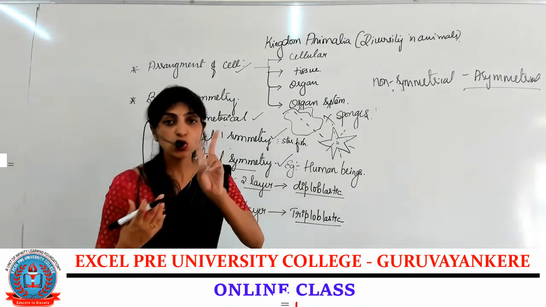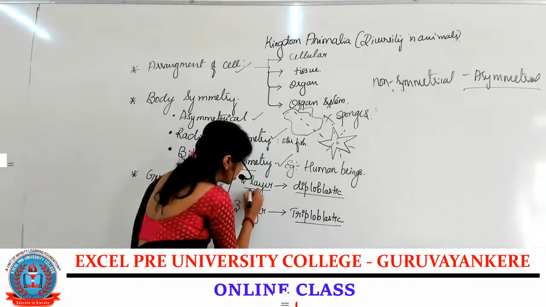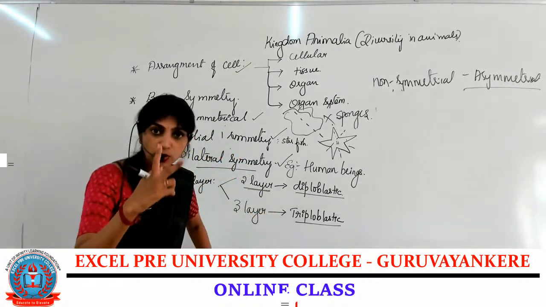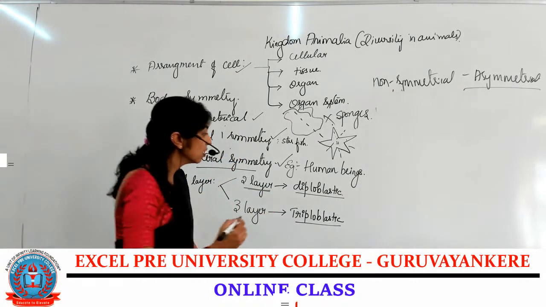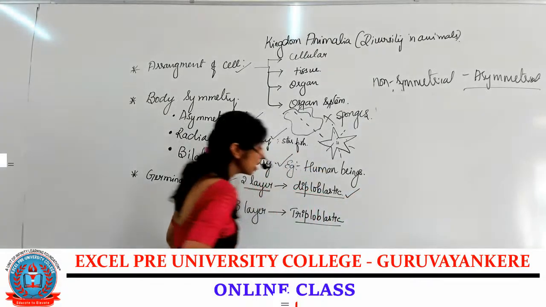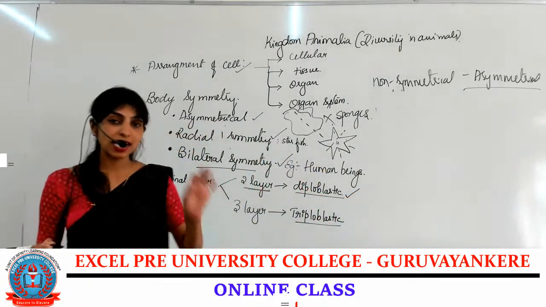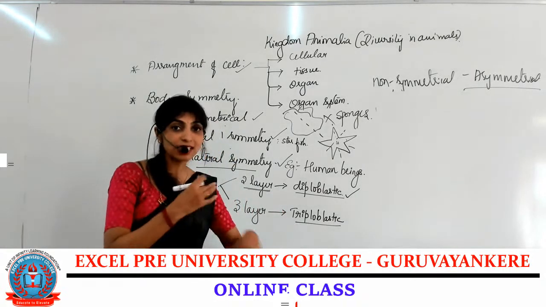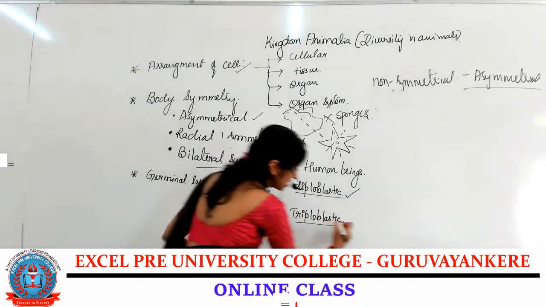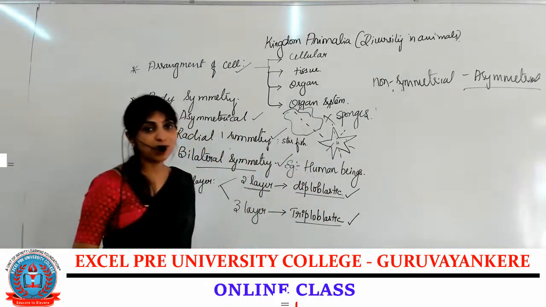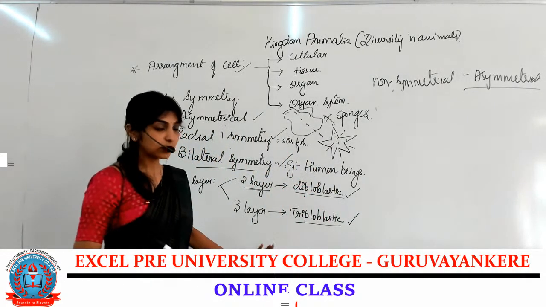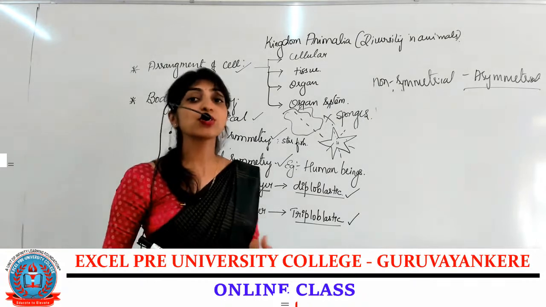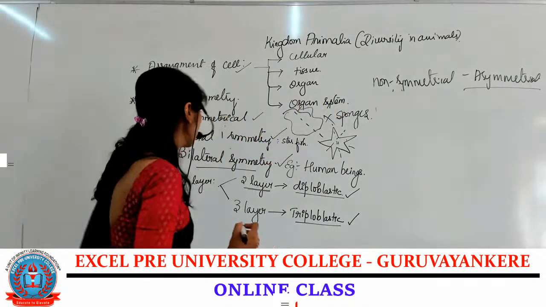classified into two groups. If their embryo has two differentiated layers, we call them diploblastic. If the organism's body has differentiated into three layers, they are grouped under triploblastic. Is it clear? Okay. Then coming to the next one, that is based on the